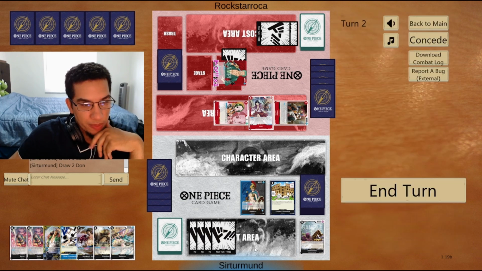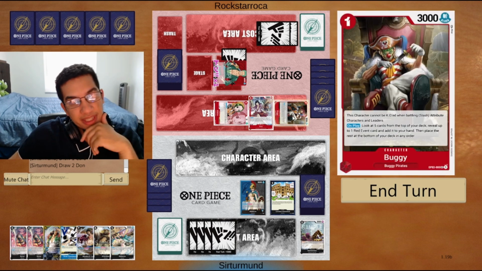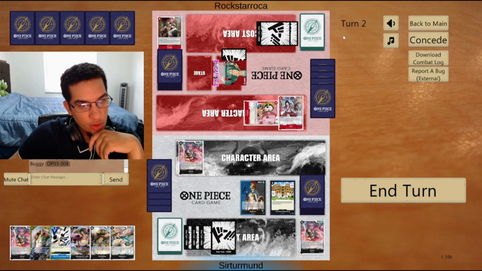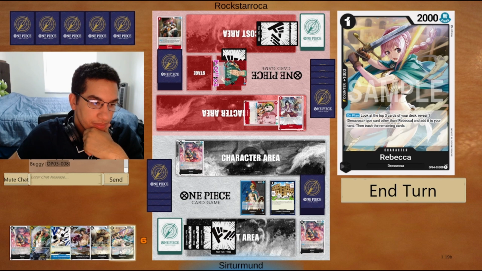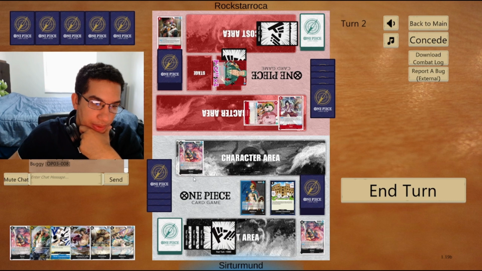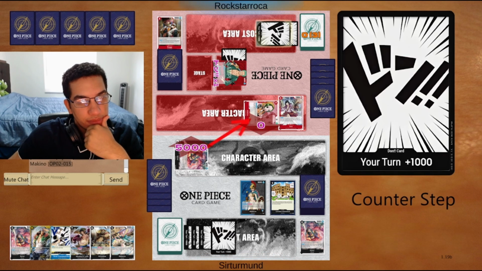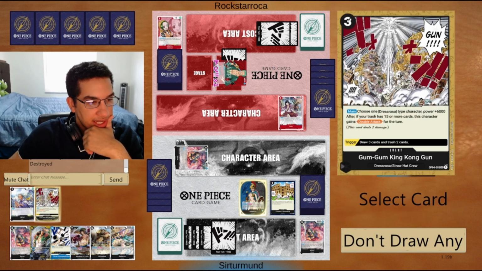Oh, wait, but we also have this Rebecca now, right? So we can actually go... But the problem is that this cannot die by slash, right? So even the Rebecca will not be able to actually do enough anyways, because we have to go like this. We could throw the Rebecca down. But this is also doing the same thing already. If I play the Rebecca, I'm just giving them a target for the Marco. So it might be better for me to keep my Rebecca in my hand